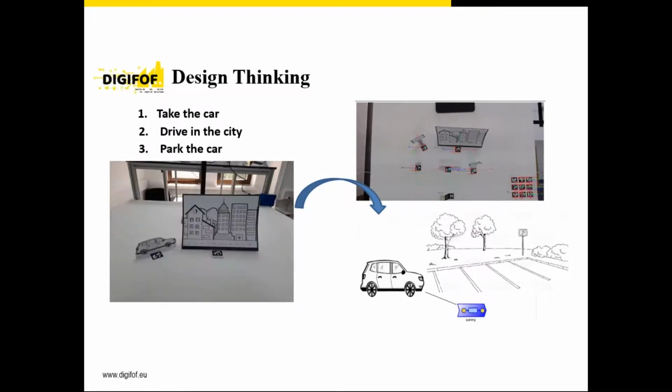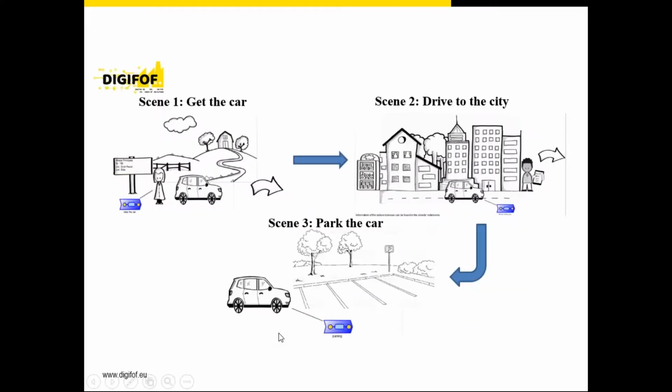And in the third scene, for the first scenario, the girl will choose a free place from the parking and the mobile robot will go there. And for the second scenario, the mobile robot will decide itself in which place to park. For all these 3 scenes, on the left side, you saw the real representation, the real elements, and on the right side, the virtual representation created using the Synth model tool. Like I presented before, these are all 3 scenes and the order between them.